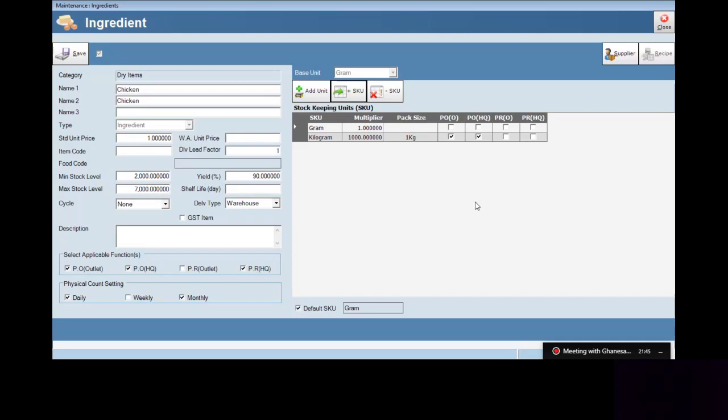They can order by unit in kg only. They are not able to view or choose the grammage unit. So that is the purpose of the multiplier. This multiplier is very important for the system calculation of your costings, your movement of the transaction, your recipe portion. Everything starts from this multiplier.